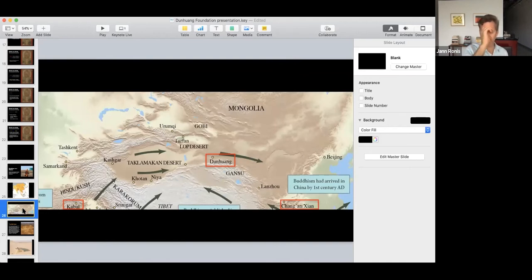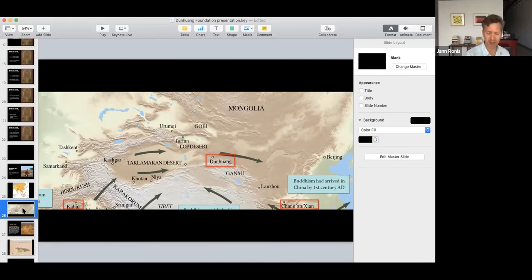So here's a detail of a map about travel along the Silk Road. And so you can see towards the bottom left of the map, that I put a red box around Kabul, just because that's a place that many of us know, to give you a sense of the upper limits of South Asia, South Asian Buddhism, the Indian subcontinent, Kabul. So from there, travelers, merchants, mercenaries, and monks traveled first across the treacherous and very wide swath of mountains to